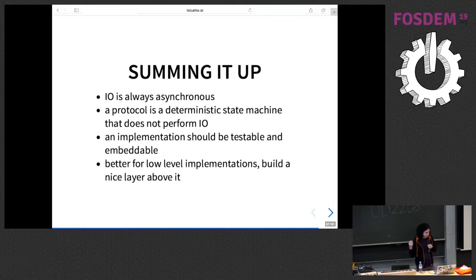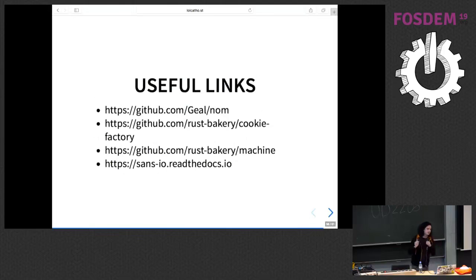And so this was a bit annoying until a few weeks, months ago, but now we have nom, we have Cookie Factory, and we have the machine crate. So we have the whole set of tools to do that. And if you go look at the Rust Bakery GitHub organization, you will see I will accumulate a lot of projects around protocols and nom that will help you write what you want, because there are lots of things you can do with parsers. And I'm all for giving people tools to write what they want safely and fast.